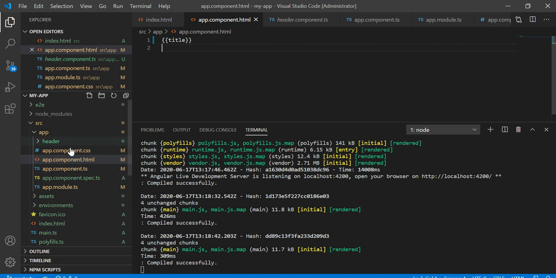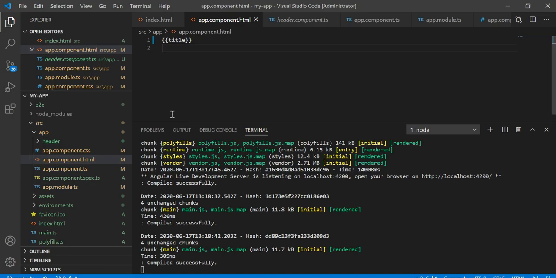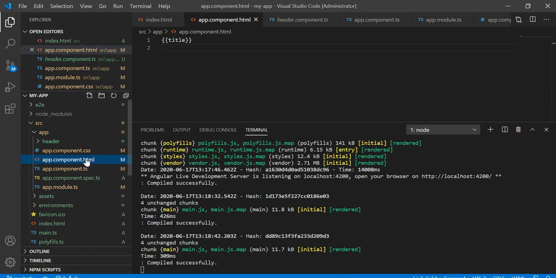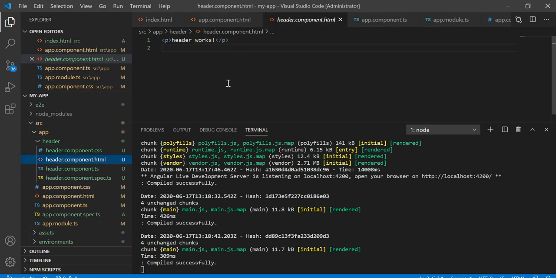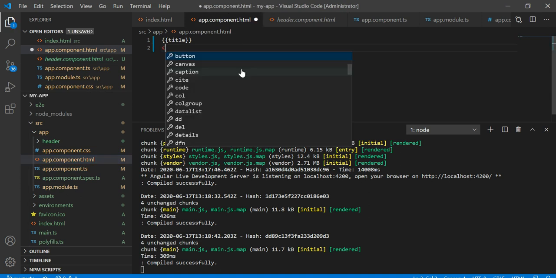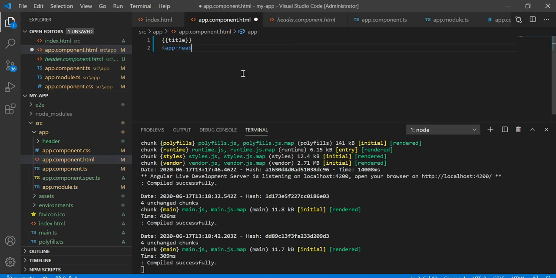So parent stands for your app component basically. All of the other components are called in this app component. Currently we can see here we have this hello world, and that is rendered from this variable, right? We have another component, that is a header component. You can generate this component and it shows header works by default. So you can directly call this component within this app component using the selector, that is app-header,